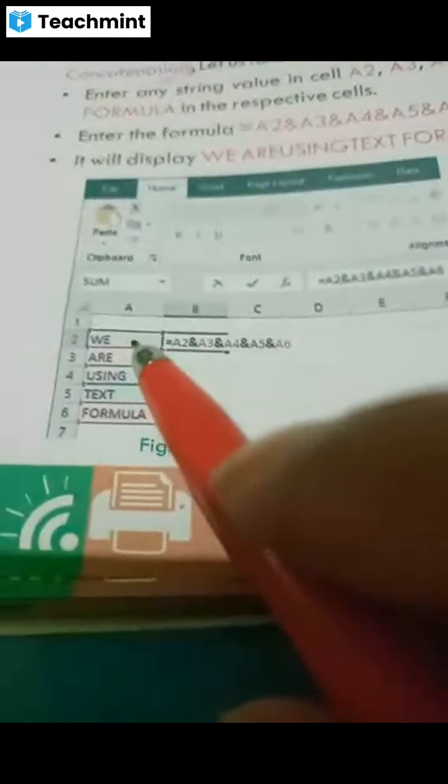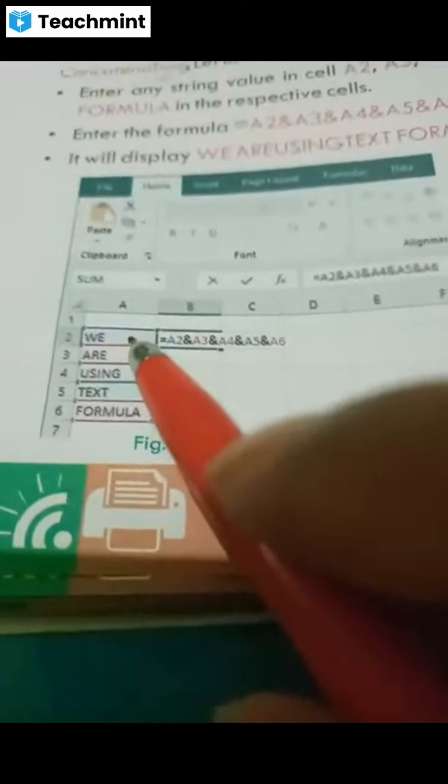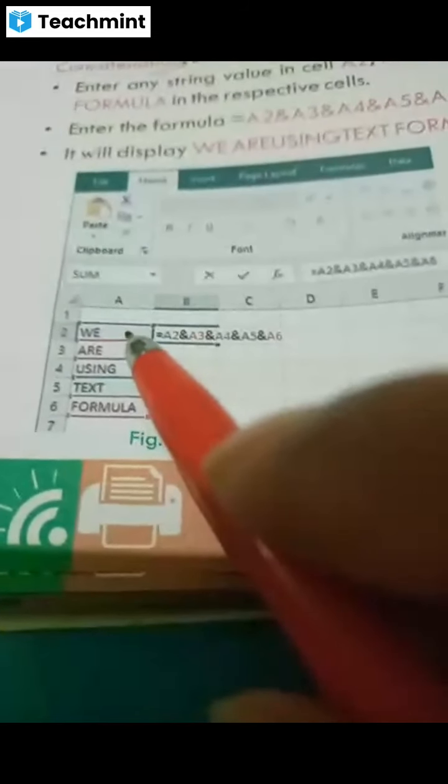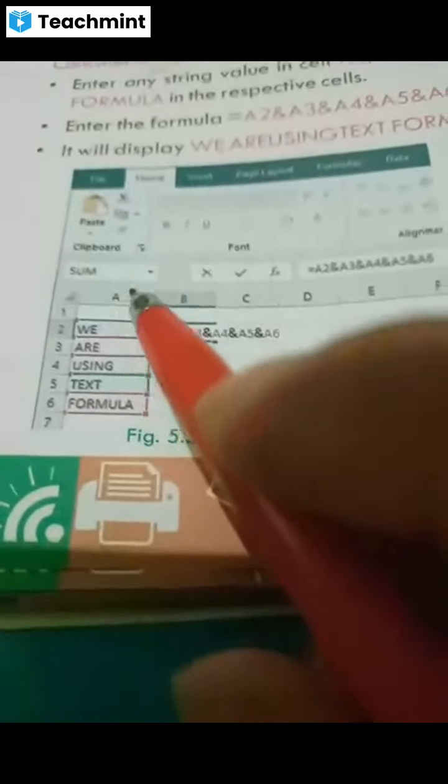After writing the equal sign, where do you want to add? So we will use the text formula from here, meaning A2. This is A2. What is the cell address name of this A2? Any problem?